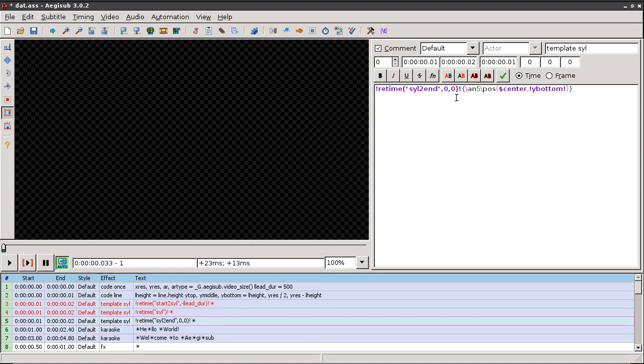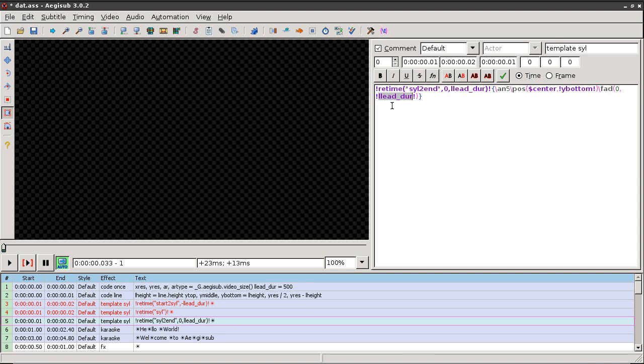So if I use the end adjust in the seal to end with the lead duration, the line created by this template will disappear later, or I mean the time will be longer. And just to add more effect, I will create a fade out for the seal to end.